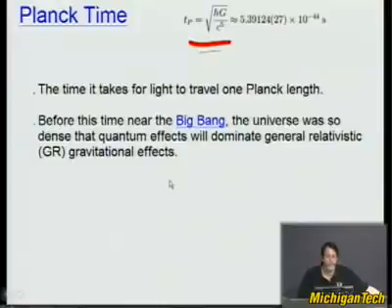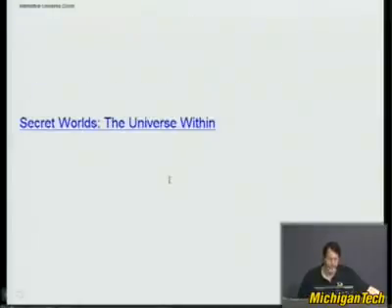So if you go back to the Big Bang, if you take the expansion of the universe and you run it backwards, you can linearly say that there's a point at the very center which we'll call the Big Bang. And then you extrapolate from that space-time point and say, okay, if you go out to a Planck time, then we start to be able to understand things better because general relativity will start to work better then. Before that, not really sure what goes on. So the Planck time is the fundamental time that sometimes defines where we're willing to say things about the universe.